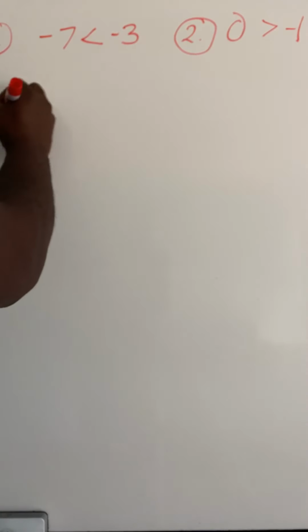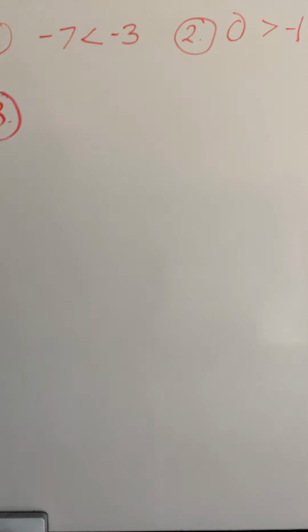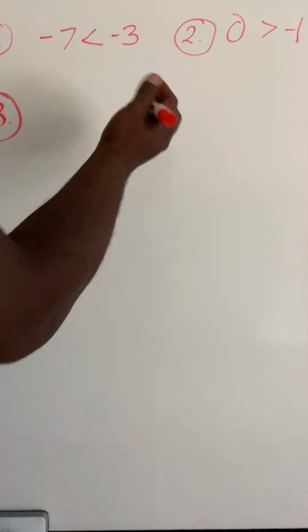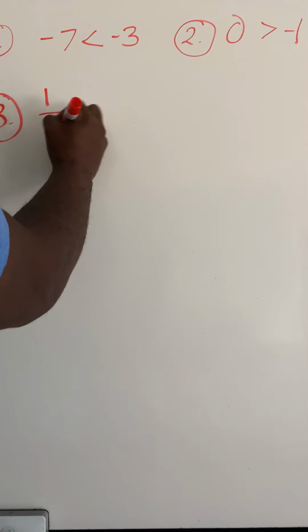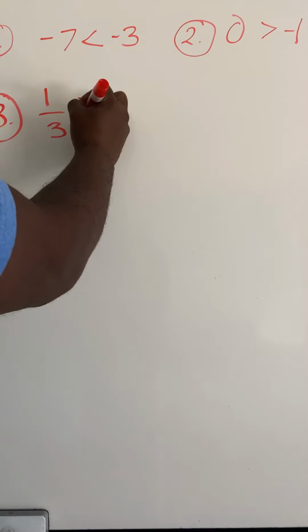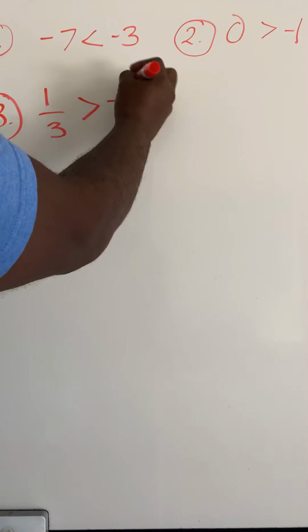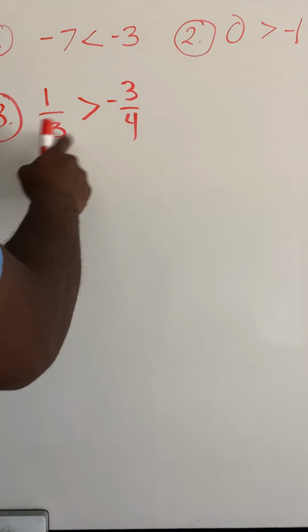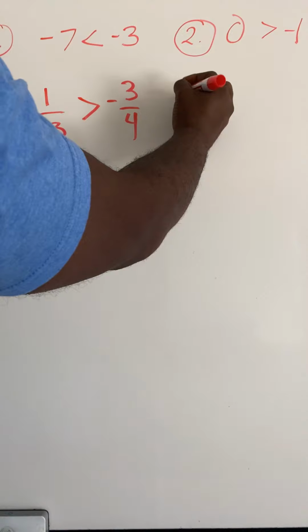and there's some fractions in here, but we got to get familiar with them a little bit, okay? So if we have positive 1/3, you know it's going to be greater than a -3/4 because positives are bigger than negatives. Number 4,